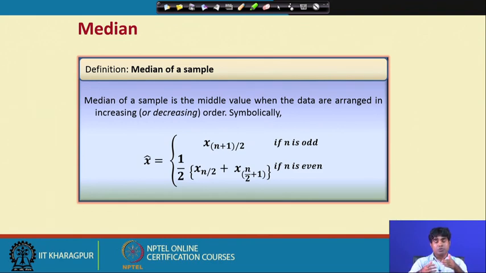It depends upon the size of the samples, and the size of the samples may be odd in nature or even in nature. So, there is a structure for how to calculate the median of the series, but in most instances we like to see whether the particular data is normally distributed or not normally distributed.